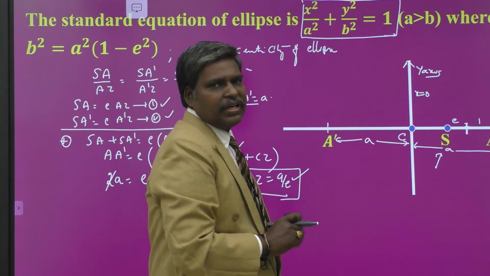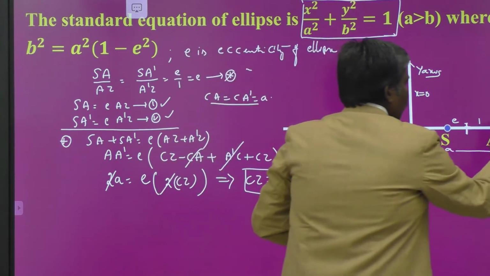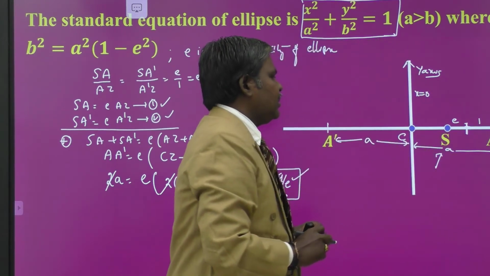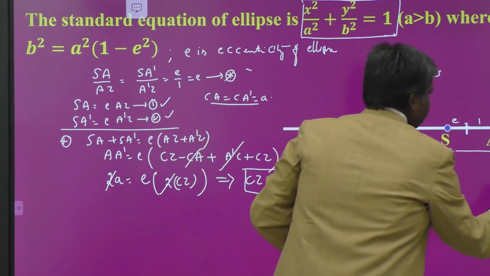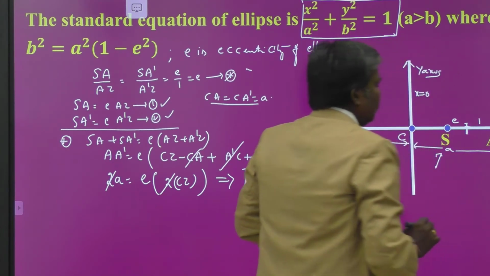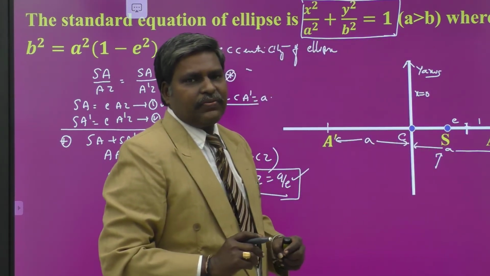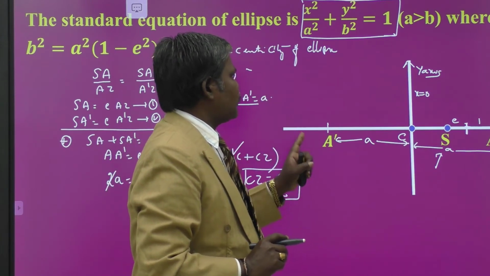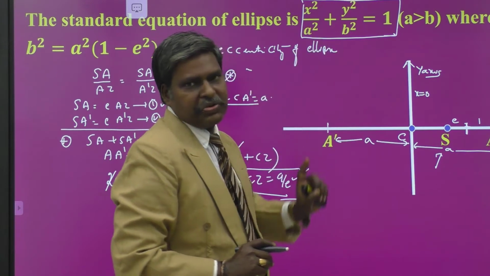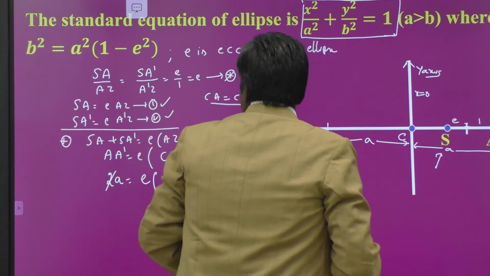So, half of the burden is over. What is the equation of directrix for this? X equal to A by E or Ex minus A equal to 0. This is the equation of the directrix of the ellipse x square by a square plus y square by b square is equal to 1. We are going to derive that equation. Okay. Next again,